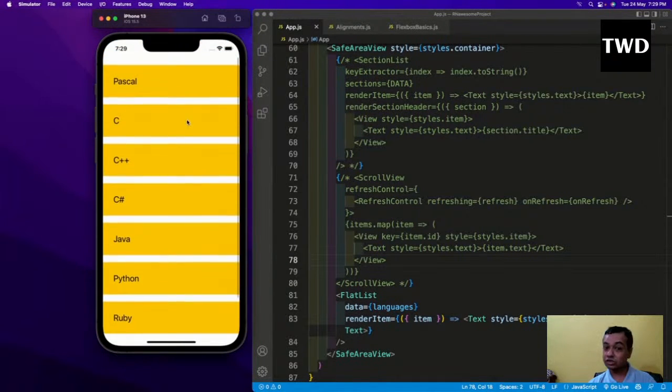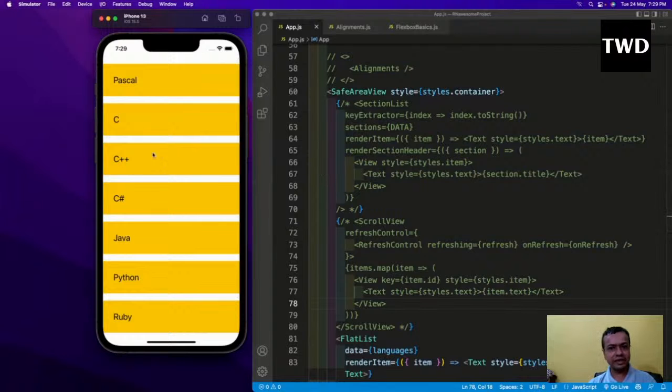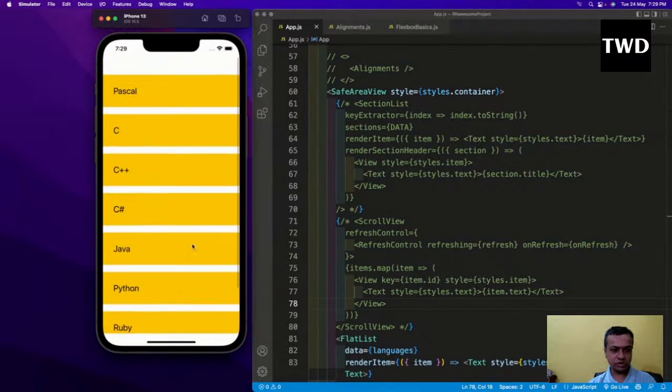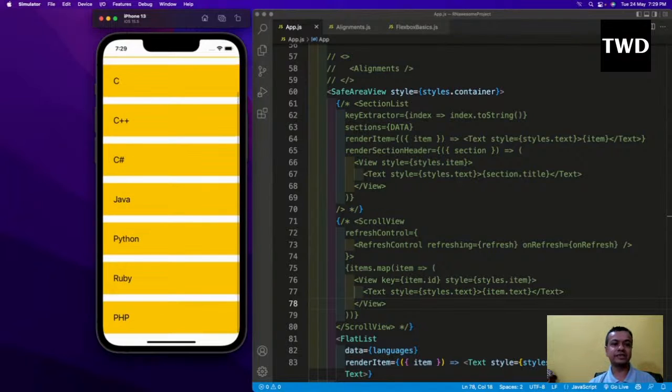Now the list is shown, and it is also scrollable. So you don't need anything like a scroll view or something. It is just scrollable. There are some other features in the FlatList, because it is created for making these items only. So one of the main features of FlatList is that,